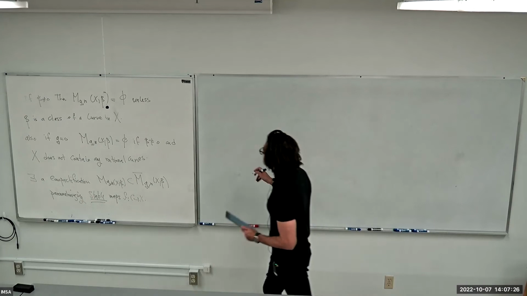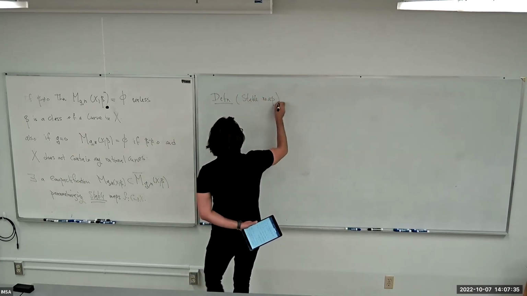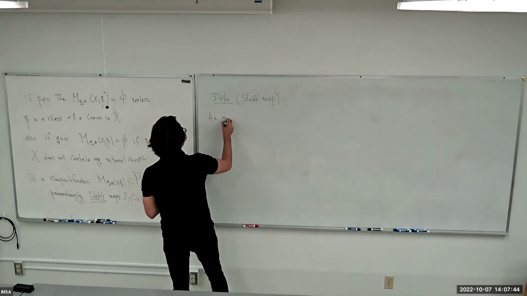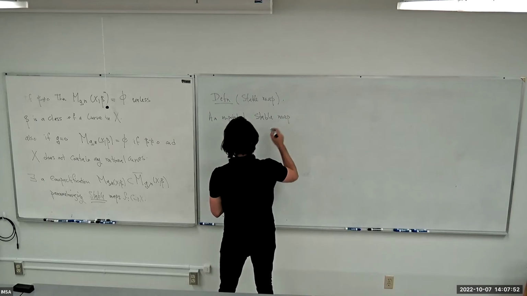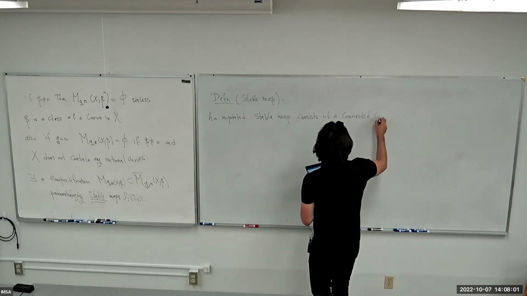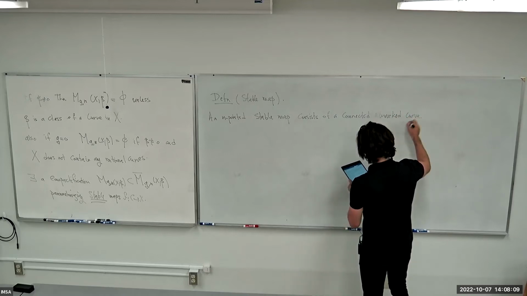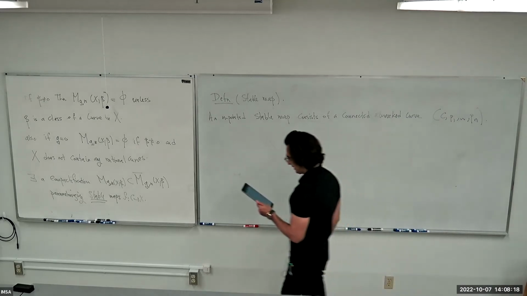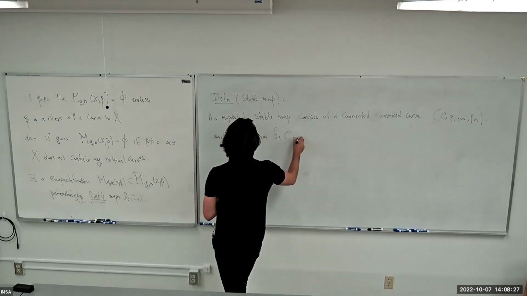Okay, definition. Stable map. An n-pointed stable map consists of a connected marked curve C with n markings on it, and a morphism f from C to X,